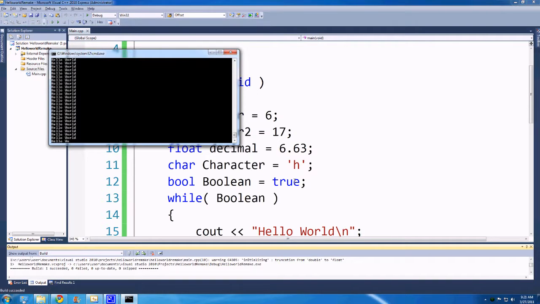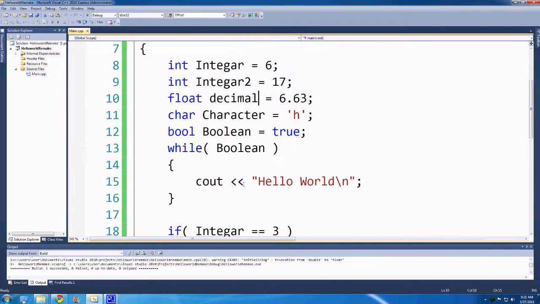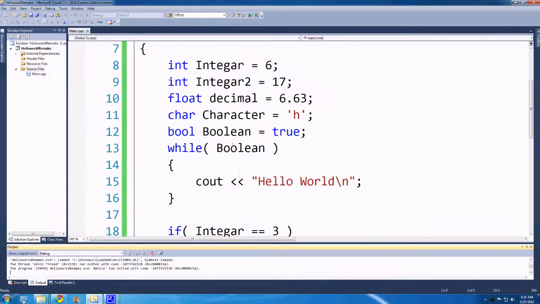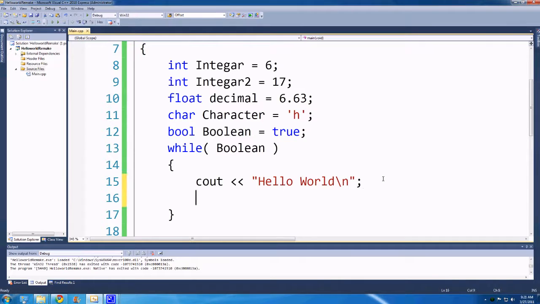You'll see it prints hello world over and over, and this program will never end unless we actually hit the X button and end it. It won't end naturally, so if we hit F5, it'll just keep running over and over again. And so what we can do to show how you can combine these tools together is